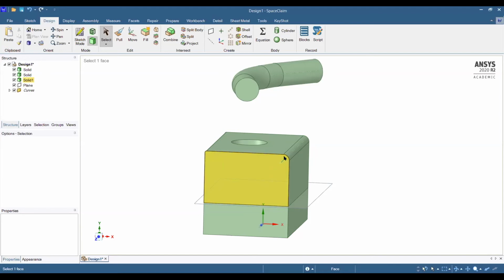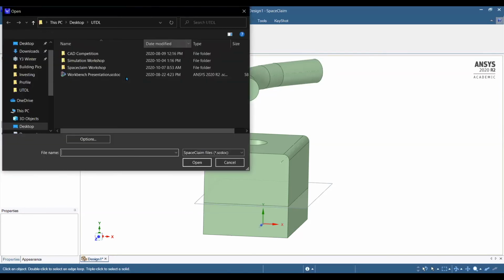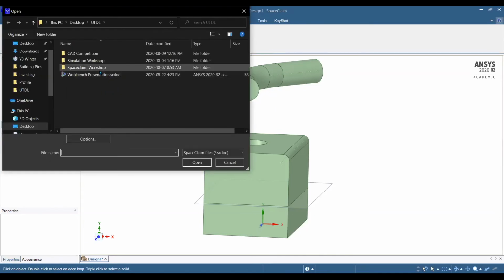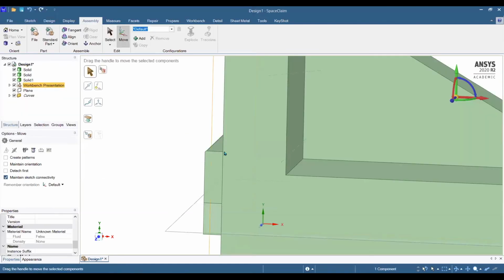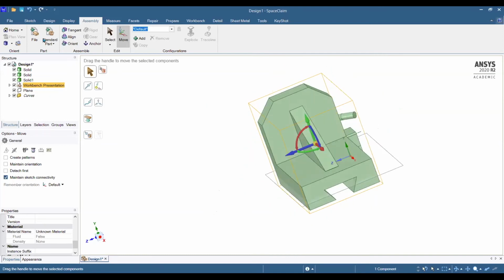If you want to import specific objects from other SpaceClaim files, what you can do is go to Assembly and press plus file. That'll lead you into your file folder where you can find your file and upload it, and it will be introduced right alongside it. I'll just give a brief example. If I do this, then it gets imported, kind of merged, but I can always just go to